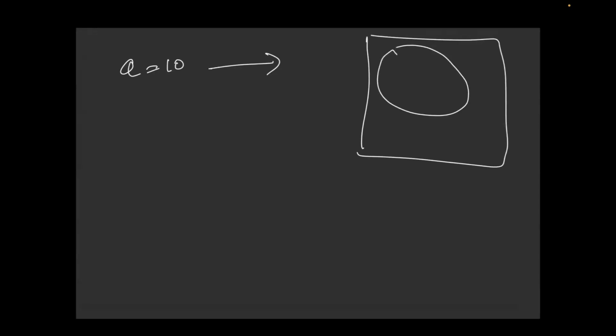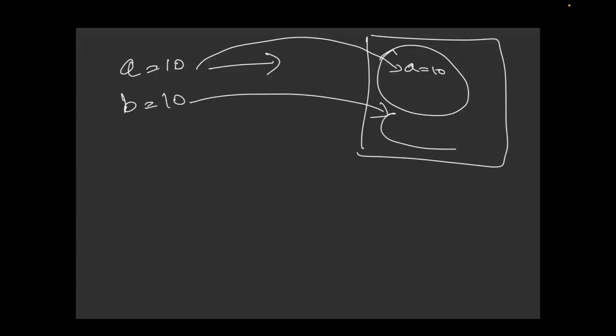Now if you see here, A equals to 10. This is our backend, our Python backend. In this, A equals to 10 has already been stored. I'm not changing this. Whenever a new variable is created with the same value, Python doesn't care. Python says, boss, the variable is different, I will store it in another box.